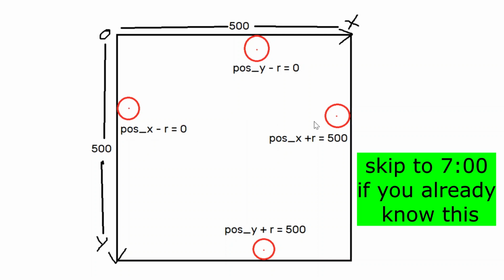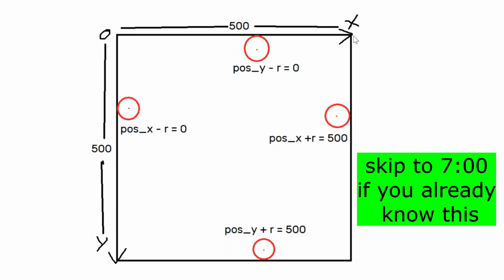The ball will be touching the right hand side wall when the position, which is actually the position of the center of the ball, the position x component of the center of the ball added with the radius of the ball will give 500,